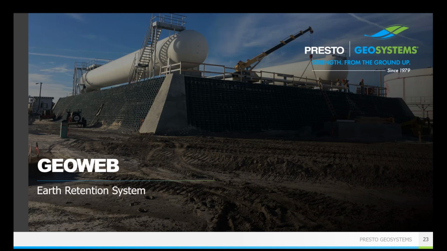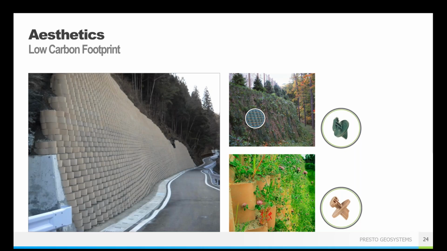For GeoWeb walls, it might be brand new. So let's talk a little bit about some of the benefits of using a GeoWeb earth retention system. Things like aesthetics, I've mentioned a number of times, but one of them is that it does have a low carbon footprint. So these are aesthetically pleasing and environmentally friendly. And that's due to their no maintenance vegetation and their ability to capture that stormwater runoff. As I said, using local vegetation is going to ensure that easy growth and that good environmental application for it.